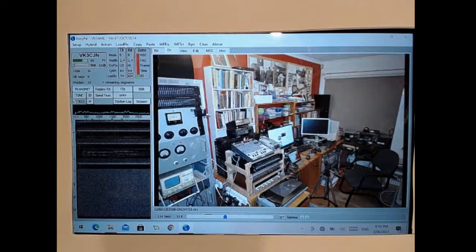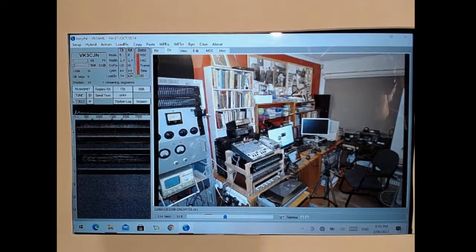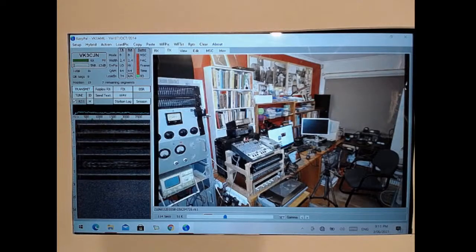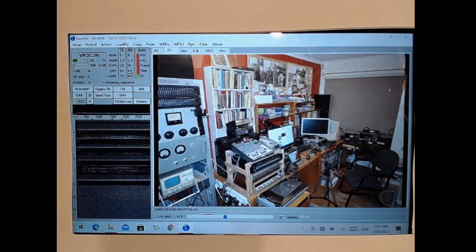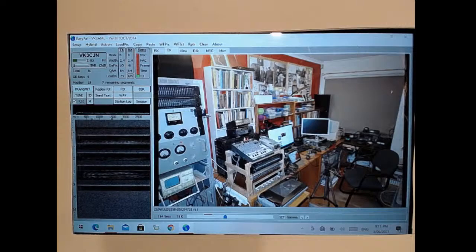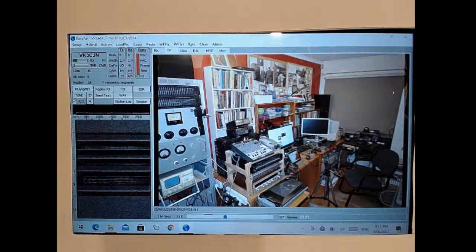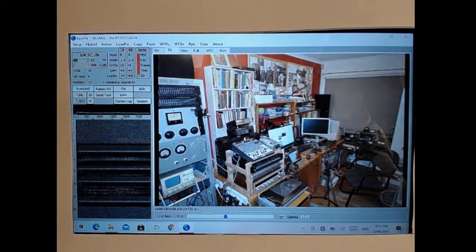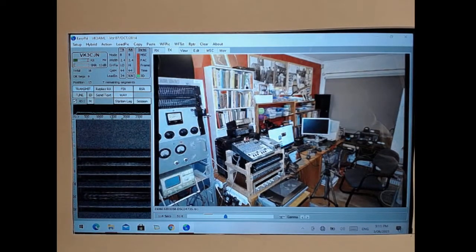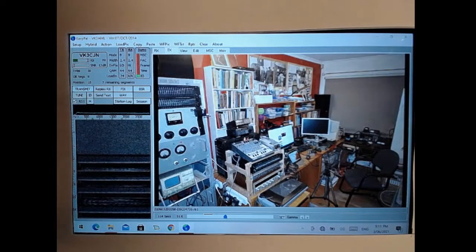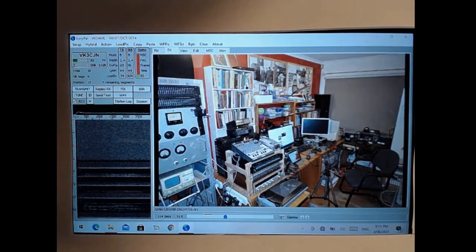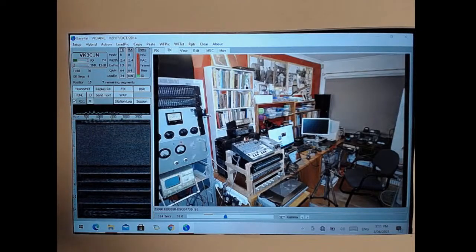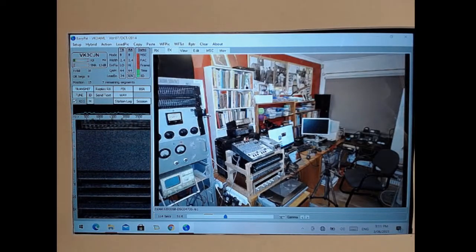Got the tone turned on. I'm not sure what's going on there. VK3CJN, VK3FTZD.